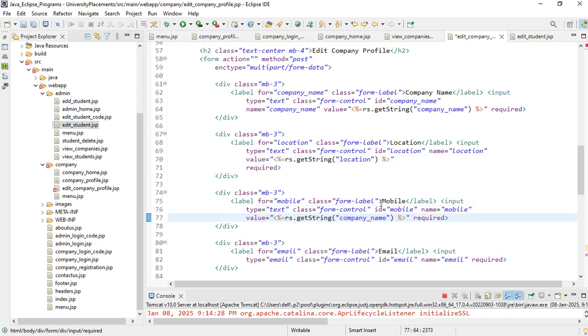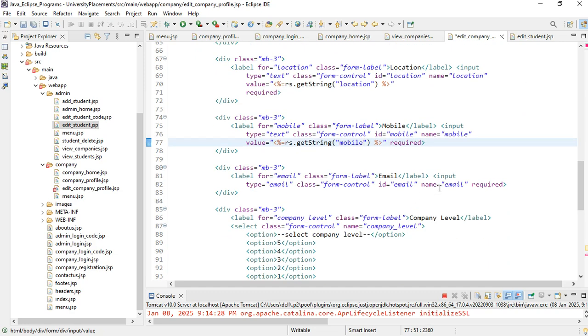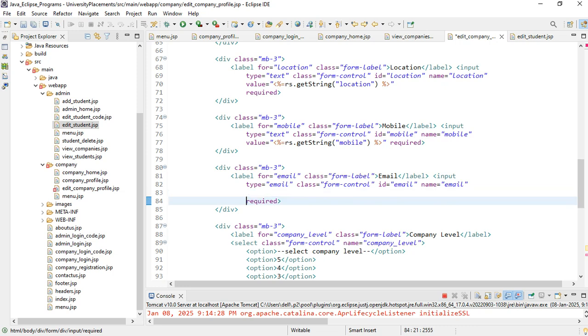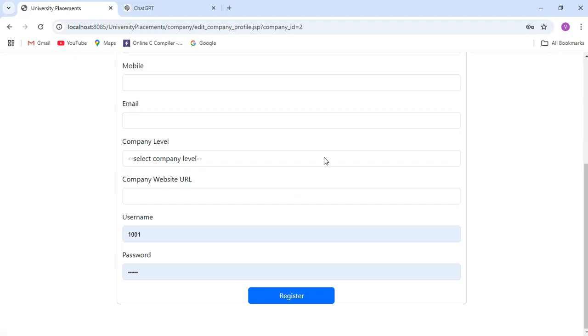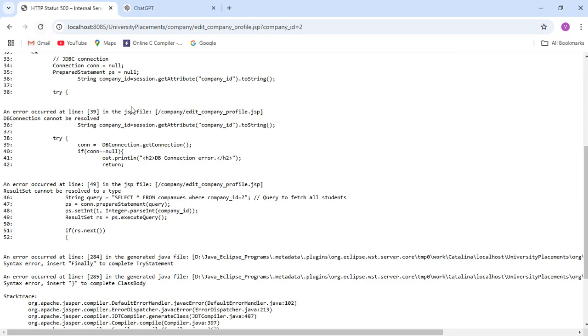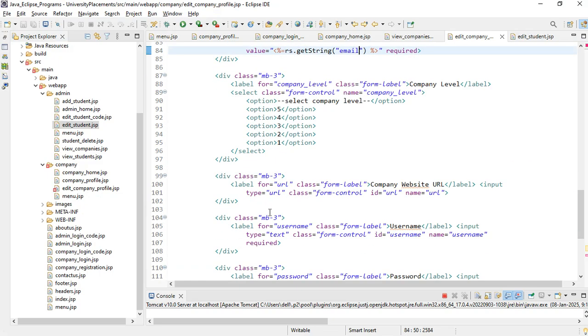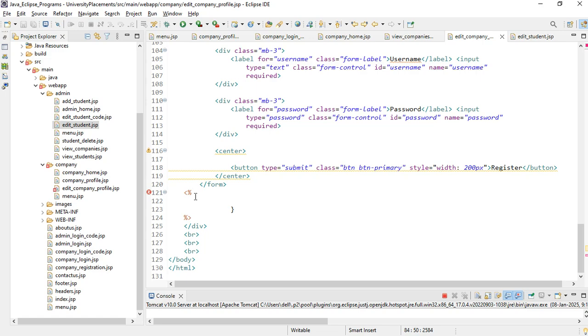This is mobile. Next this is email. Here I'm going to copy the email. Once I refresh it, I go and refresh the page. Sorry, I'm getting errors. Why I'm getting errors means,